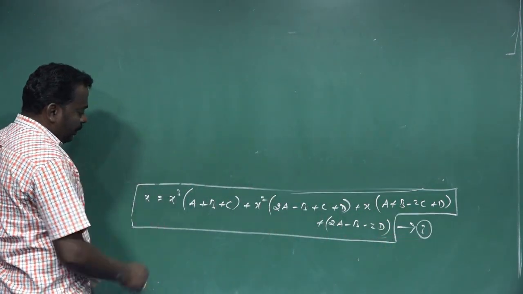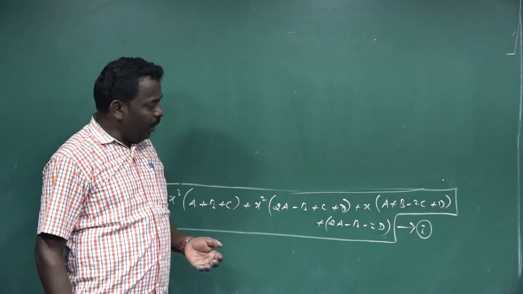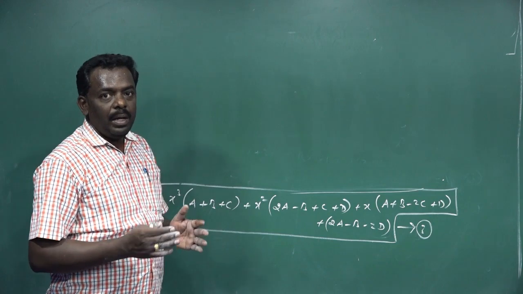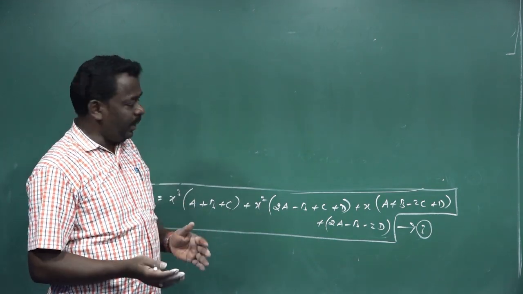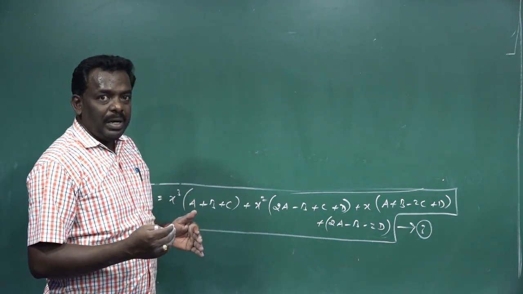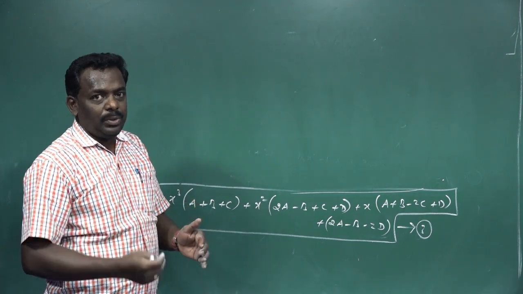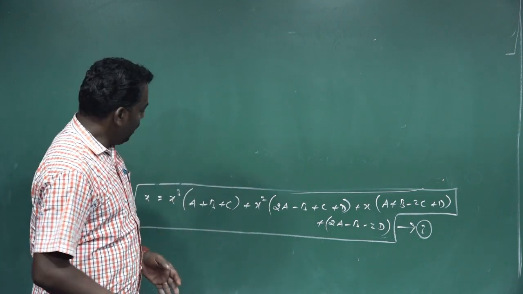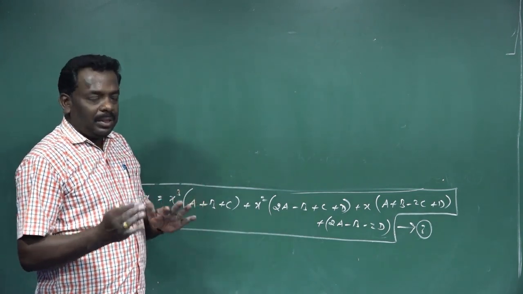Okay, next step. Previously we substituted two values, x equal to plus 1 and x equal to minus 2. We obtained the two values a equal to 1 by 6 and b equal to 2 by 15. Again we have to put x equal to some other value, and it takes a long time in this procedure. To avoid that long procedure, we can apply another technique, which is called the equating method.